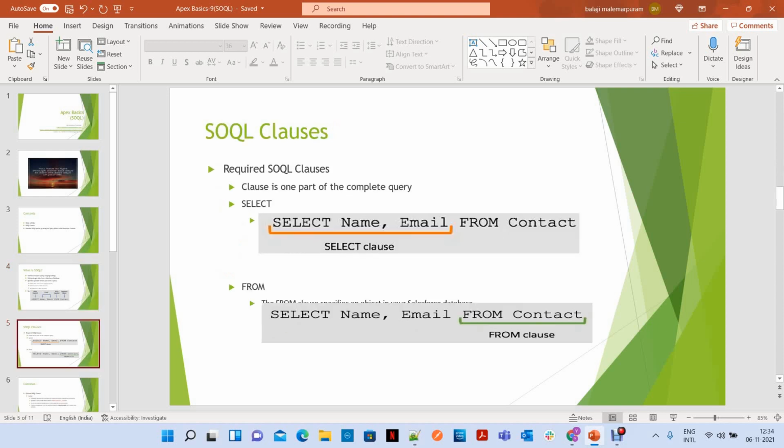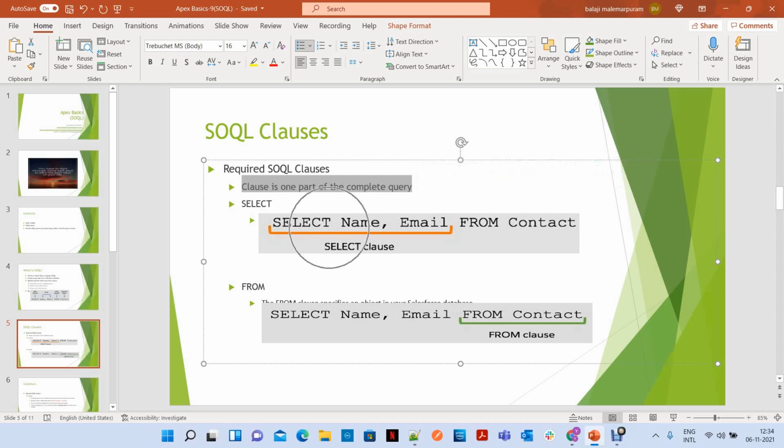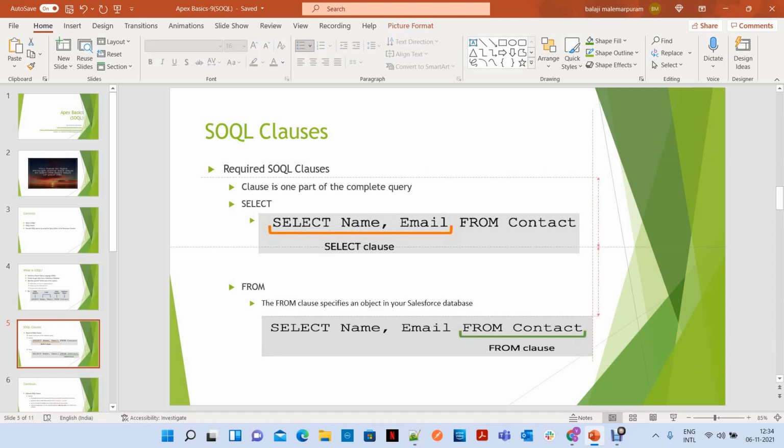Let's see, what kind of SOQL clauses do we have? In the previous slide we saw select is a keyword, but in SOQL you always have clauses like select, from, and where. A clause is one part of the complete query. If you observe here, select and the combination of name and email is a clause. The select clause helps to specify what fields you want to retrieve.